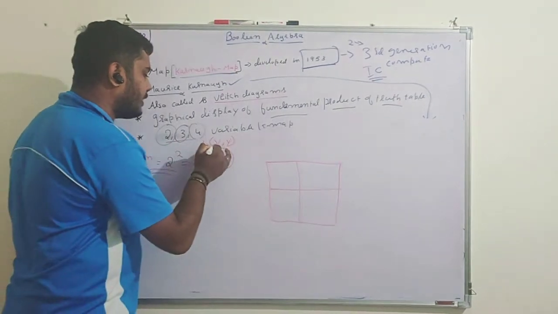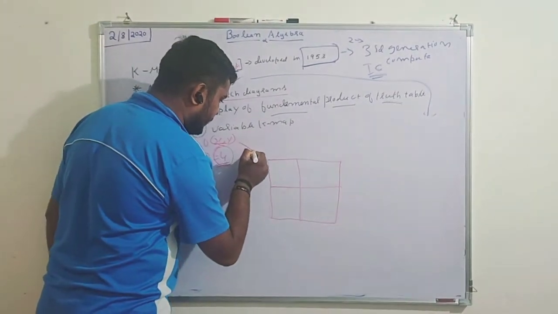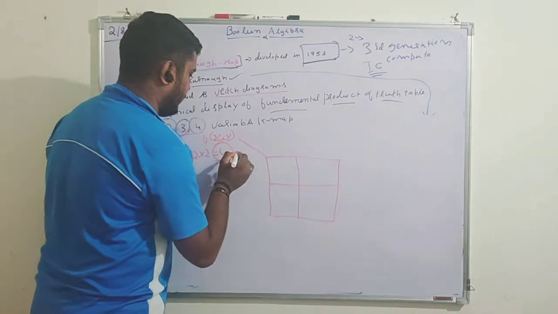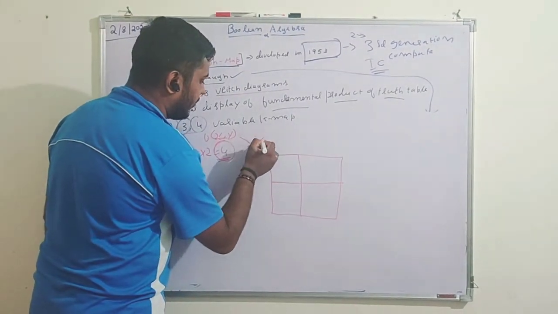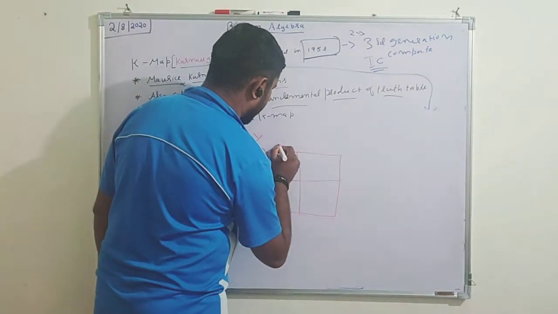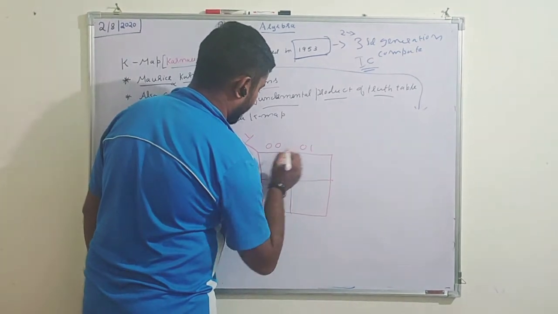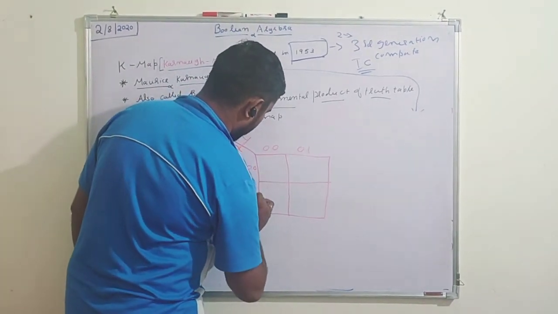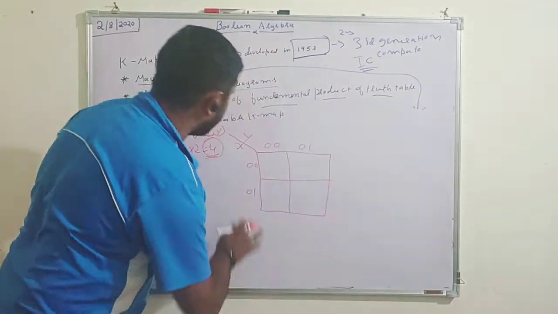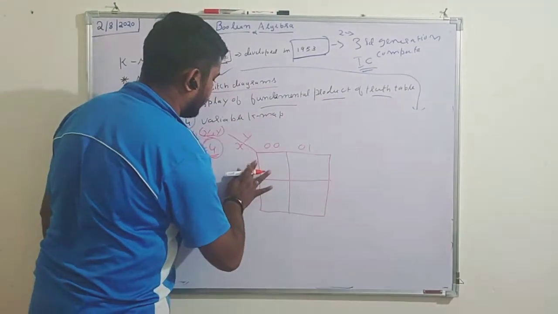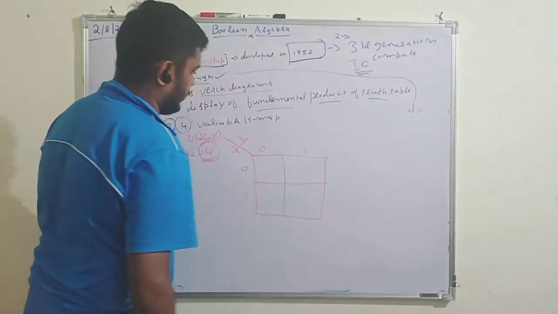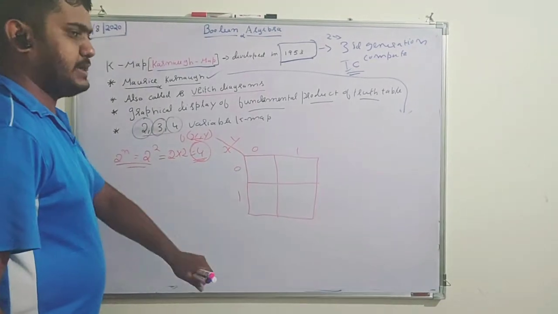Now I should have my inputs, right? Here in a K-map we have one line. This line is called a separator. It separates x and y. Next, here the representation of terms is 0 0, 0 1, 1 0 and 1 1, or I can say 0 and 1 directly because they have 2 variables, so it is not an issue. This is how we represent them.